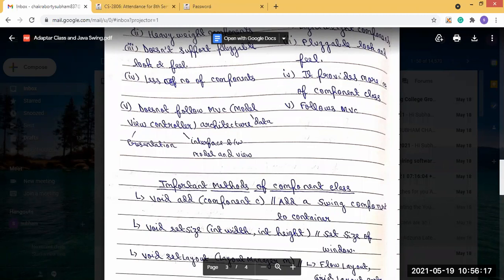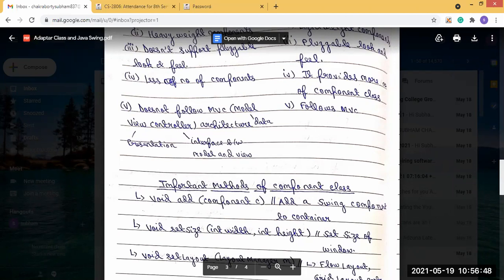In AWT, it adds an AWT component to a container.